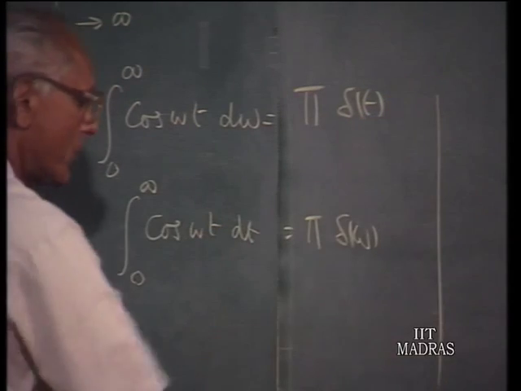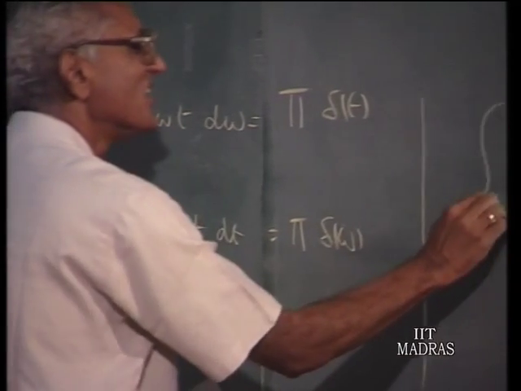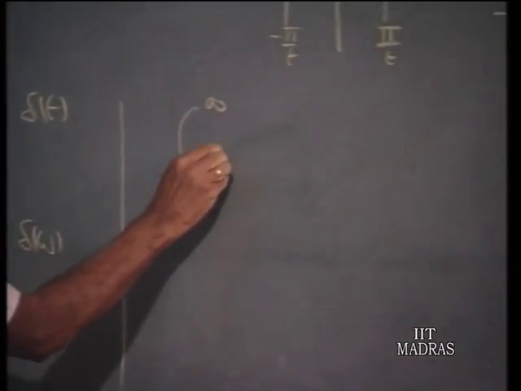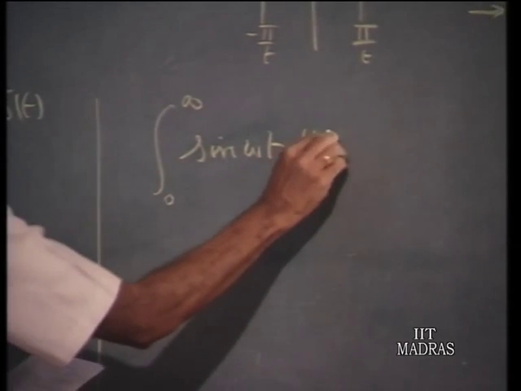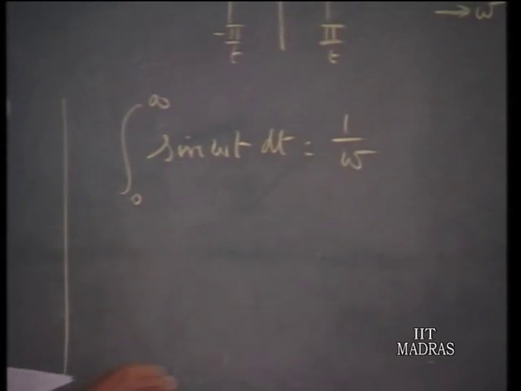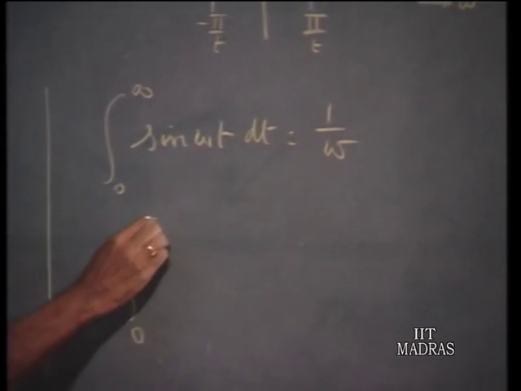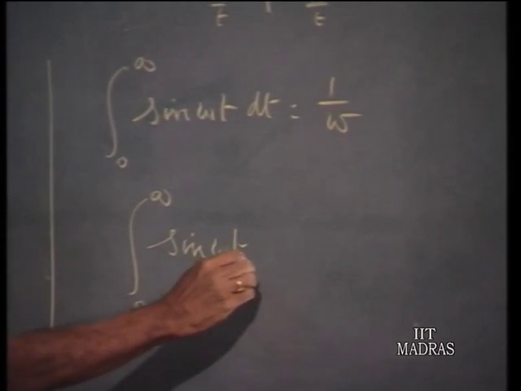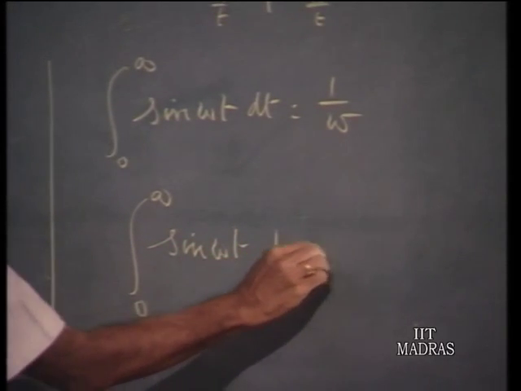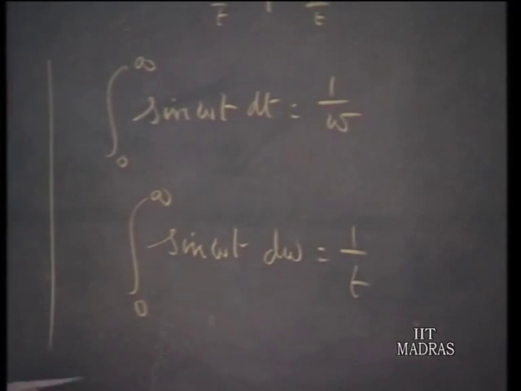And two more relations are useful: the integral from 0 to infinity of sin omega t dt equals 1 over omega, and the integral from 0 to infinity of sin omega t d omega is 1 over t. We assume these relations in our work when we derive the Fourier transforms of